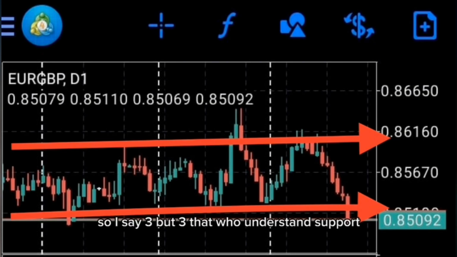So as a trader who understands support and resistance levels and what price action is all about, you want to really observe the chart very well. Now this is a downtrend within the daily time frame. So you want to wait for a bullish daily candlestick. It has been trending